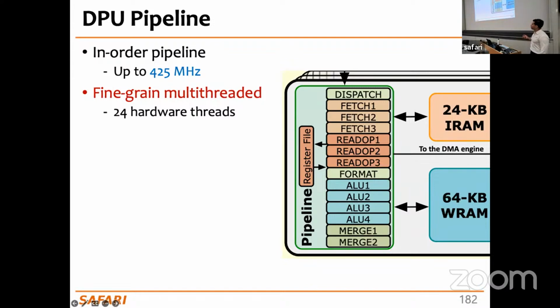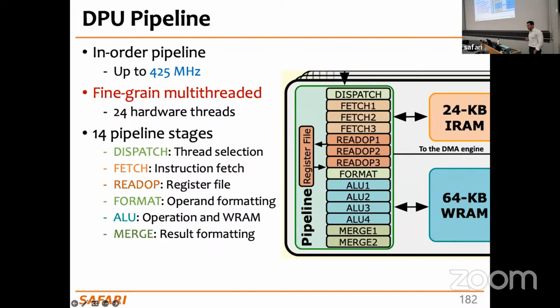As I mentioned, this is a multi-threaded processor, and you can have up to 24 hardware threads working at the same time. I'm not going to show it here, but often it's not beneficial to have all of those 24 hardware threads working at the same time, because this is fine-grained multi-threading, so you just need as many hardware threads as pipeline stages so that the pipeline stages are fully occupied doing the execution. Based on some microbenchmarks, we saw that 11 hardware threads working at the same time is enough to fully utilize the pipeline slots and achieve peak throughput.